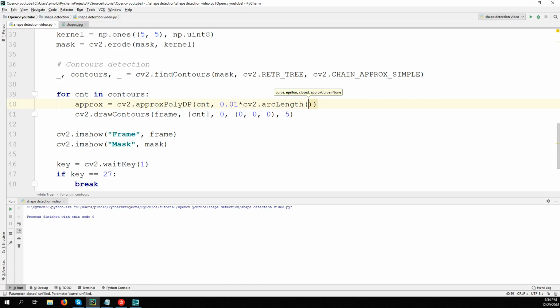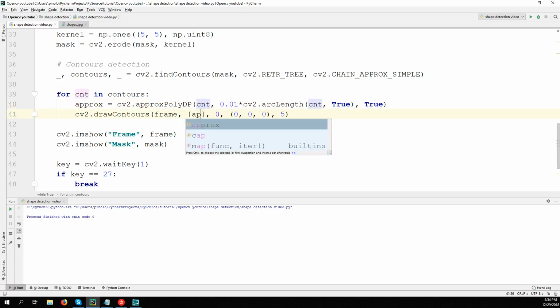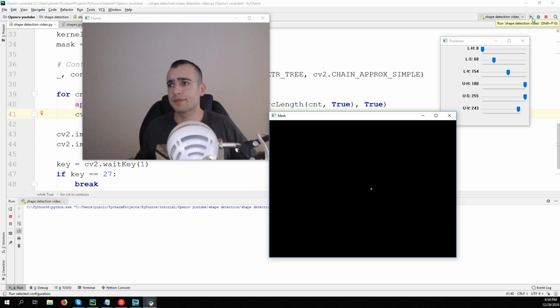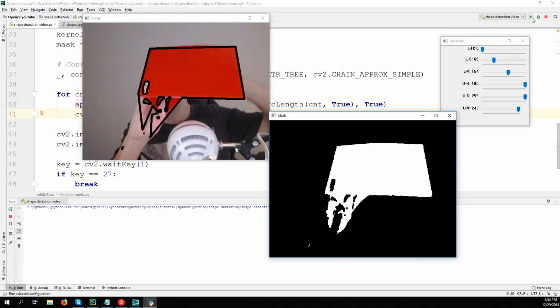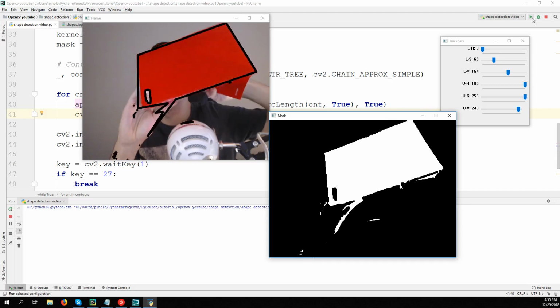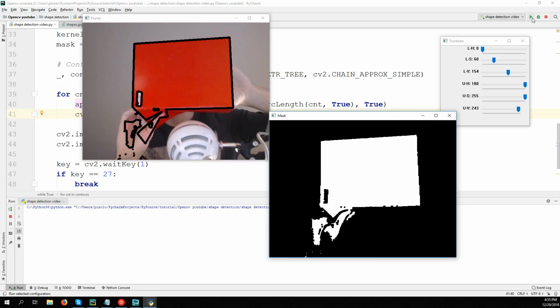cv2.arcLength of CNT and closed. So the polygons are all of them closed. We're going to work with closed polygons, and True also at the end, closed polygons again. And let's draw the contours with the approximation approx, and let's see what we get now instead. You can see that now the contours are much more approximated. You can see more straight lines,